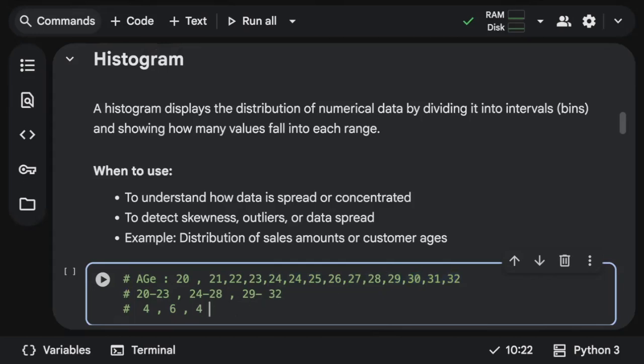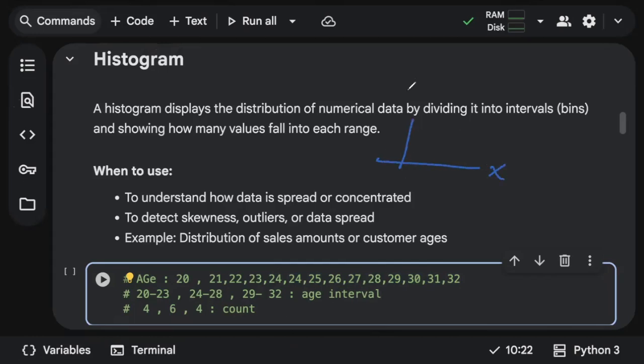So now it will treat whatever we found, how many values lie within our interval, as the count, which will be along the y-axis. And then the interval is going to be along the x-axis, which is the age interval. This is how the histogram will work. So now the histogram will try to plot a graph for this particular data.